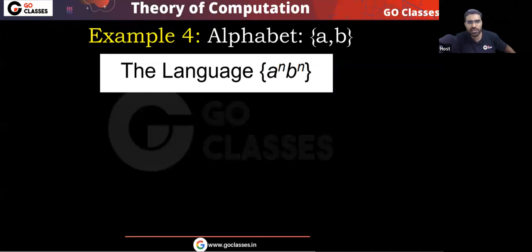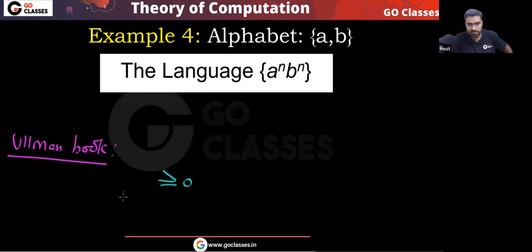Let me tell you why I did not give you n. What is the reason I did not give you n? Because in the Ullman book, this is written. If you read this Ullman book, there is one line written. Somewhere you can find this line: in automata theory, for a power, for an exponent, if the range is not given, then this is the considered range.